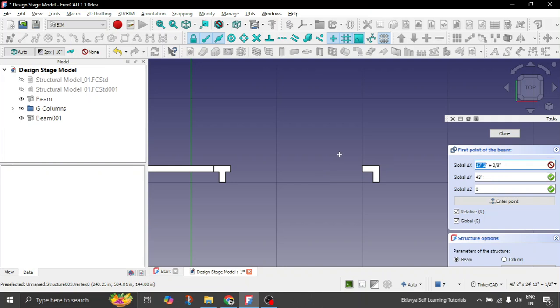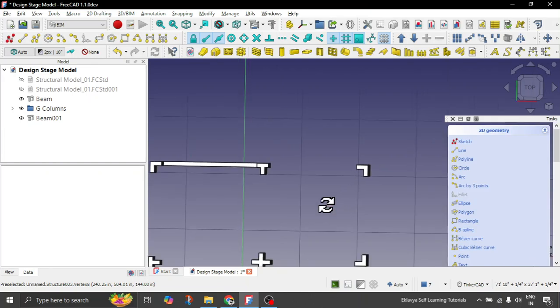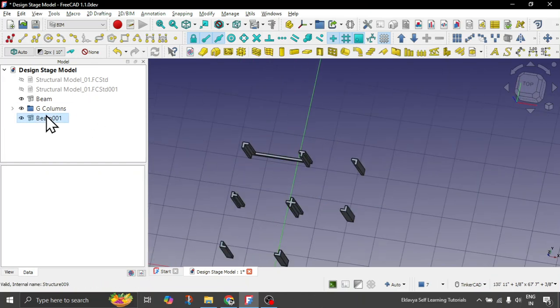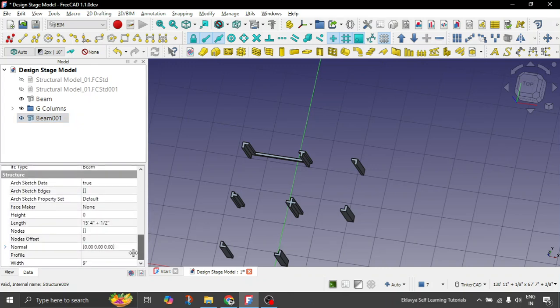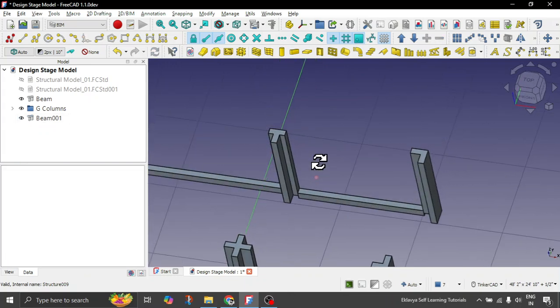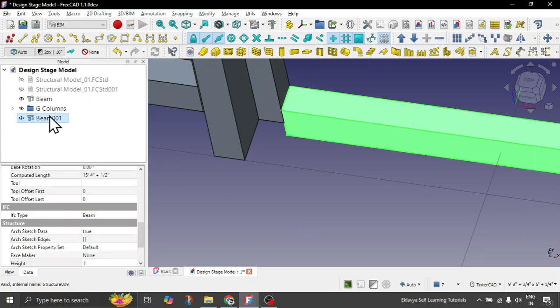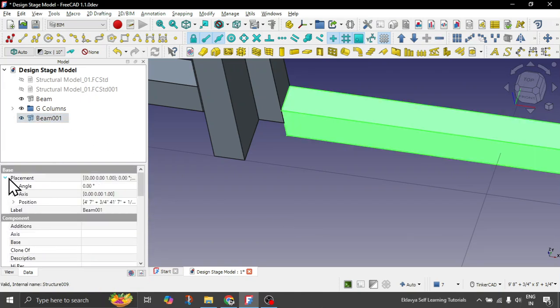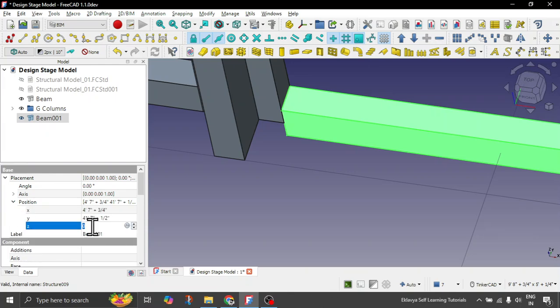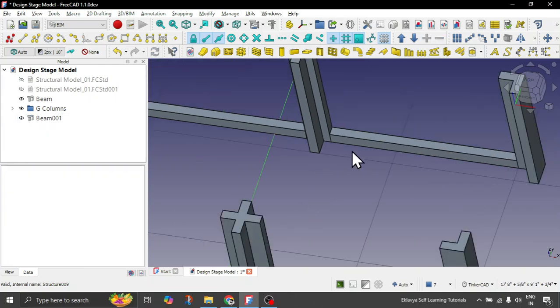Bingo. Oh, there is some issue. Where did we go wrong? The beam is created, but again there is some problem with the dimensions. So 9 inches fine, height is 0. Yes, so we have it here. Let's position it again from the placement 6 inches above. Cool,